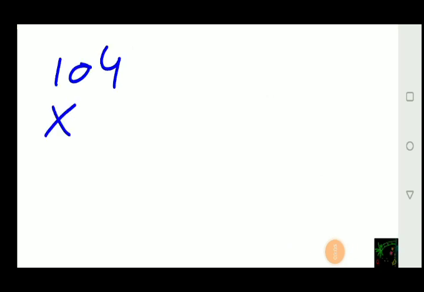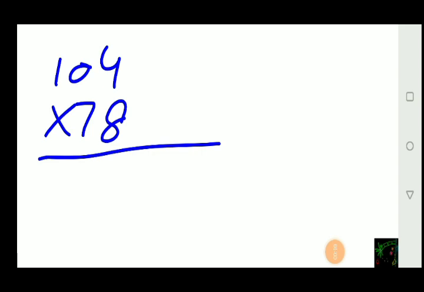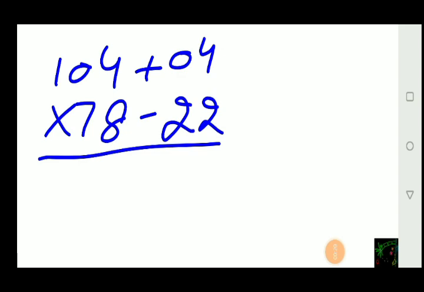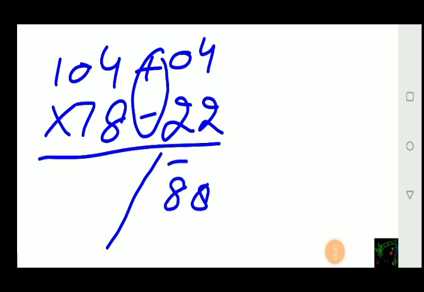Next example, numbers are above and below the base: multiply 104 by 78. You can do it with me. 104 is 4 more than the base 100, above the base, and 78 is 22 less than the base 100. Now when you are multiplying 22 by 4, and the sign being plus and minus, you will be getting 88 with bar at both the numbers.